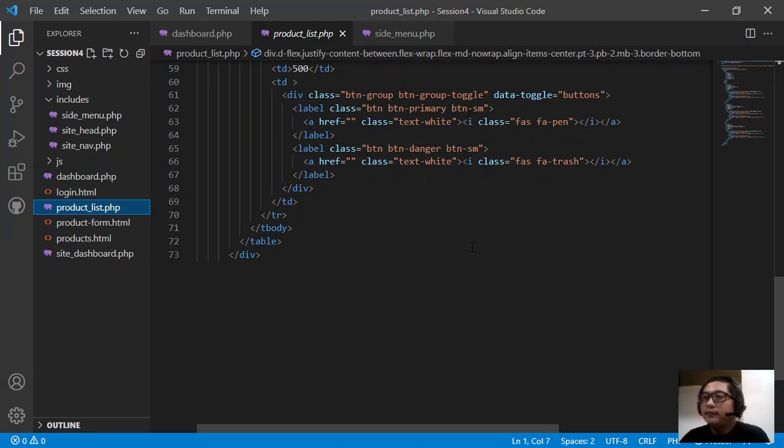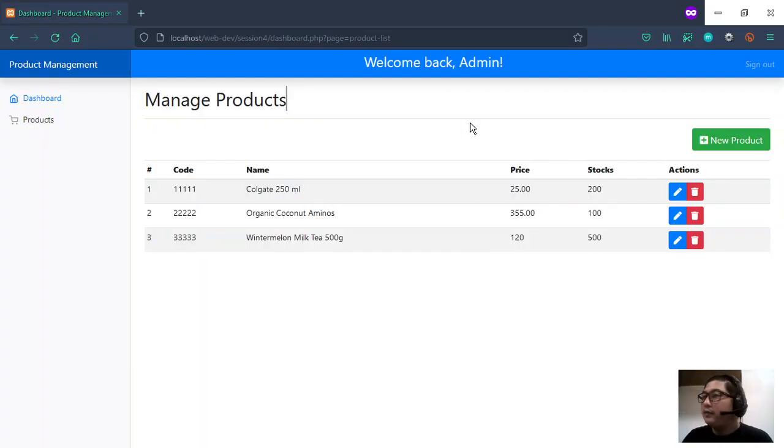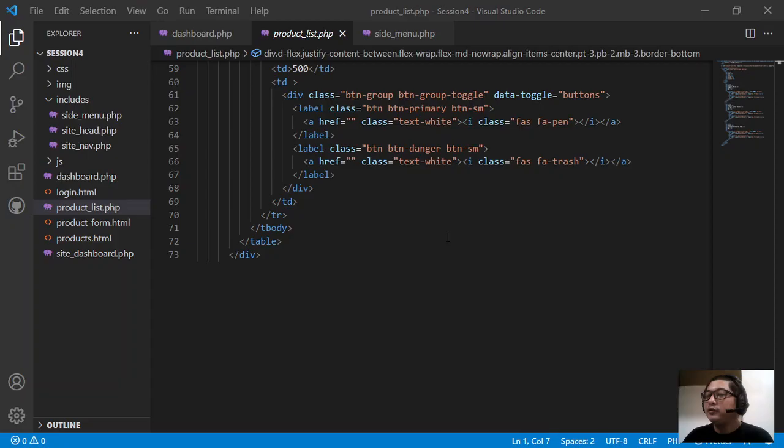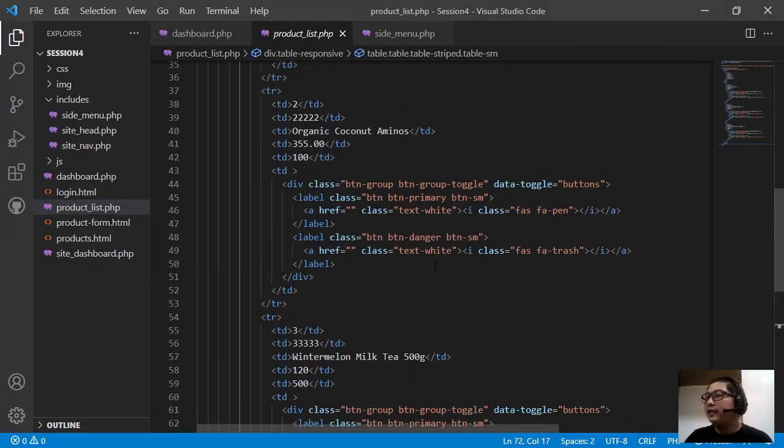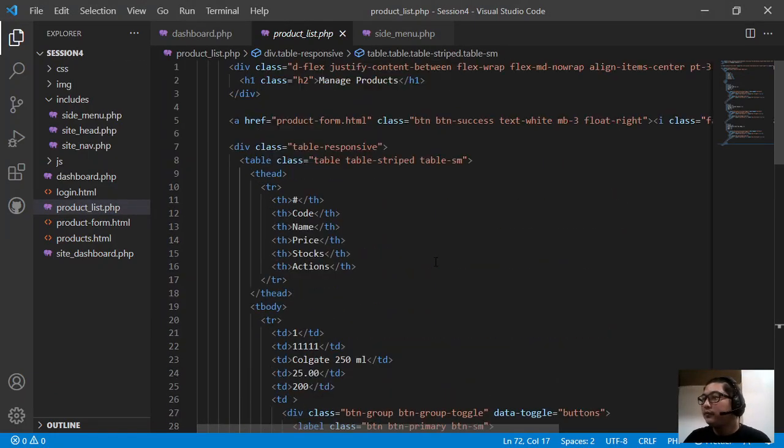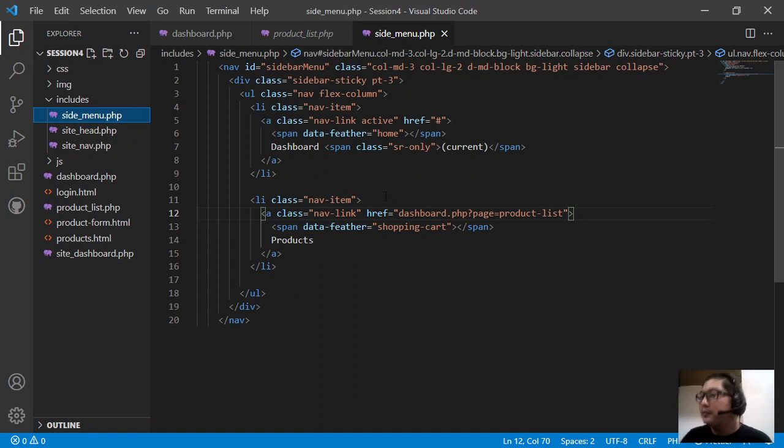Pero syempre, there are several adjustments that you need to consider. Number one, adjustment is, aside from the content, this should be selected instead of dashboard. Kasi dito, naka-active yung dashboard instead na product. So, to do that, we can copy. Okay. Our focus naman today is side menu. So, dapat, pagka yung dashboard ang selected, dapat active siya. Otherwise, ang active dapat ay si product. So, to do that, you need to